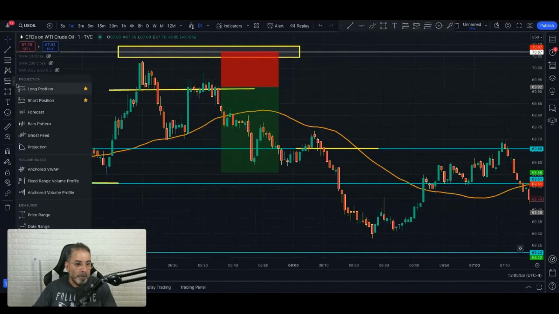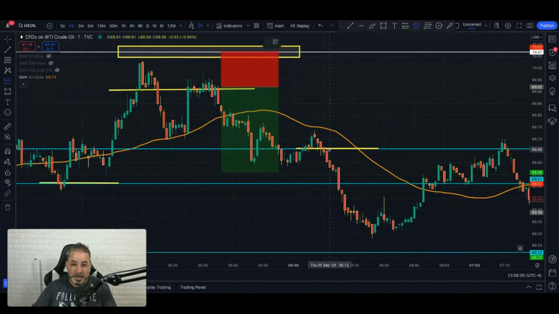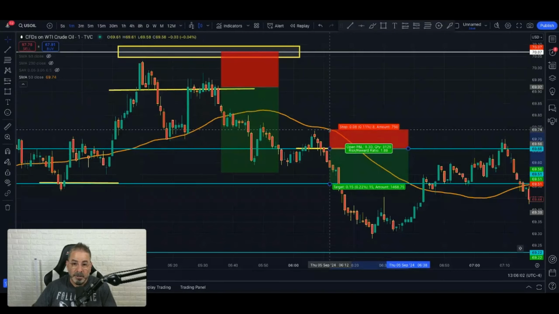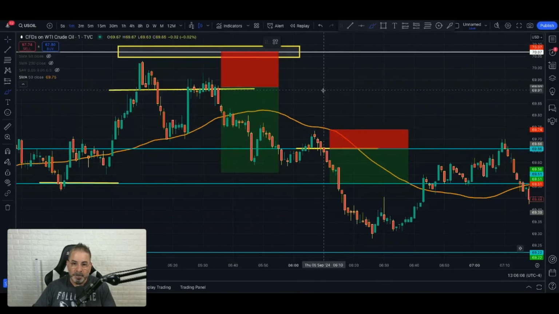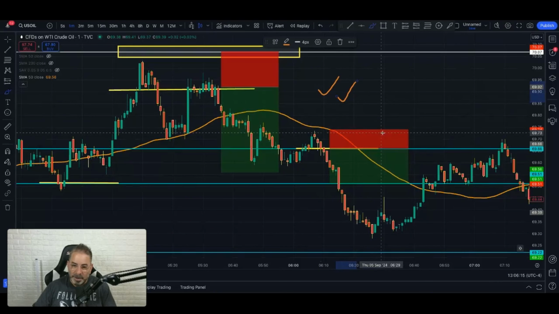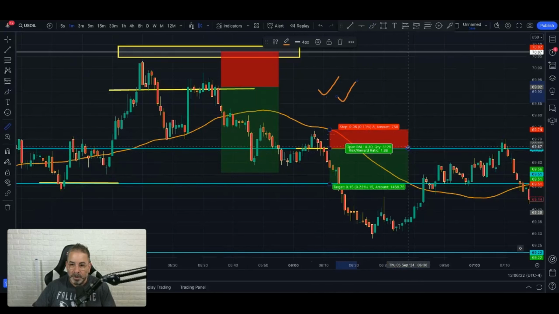Okay, so if you have a plan, your plan is, I'm going to get in here, but I'm going to get out quickly if this thing reverses on me. You're telling yourself, man, I'm back below the 50 moving average, right? Check mark. I am breaking a structure area, which is that support and resistance. Two check marks. I'm good to go. Because at the end of the day, if this thing goes here and goes up, okay,